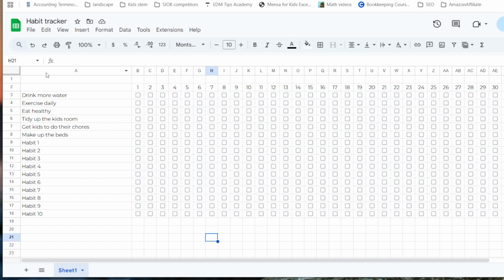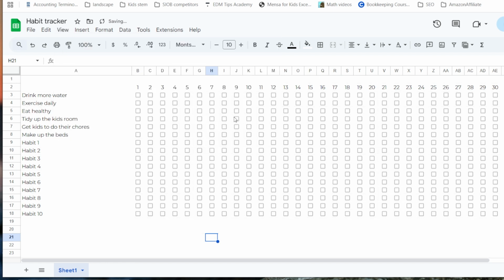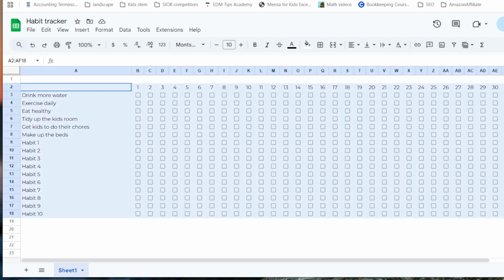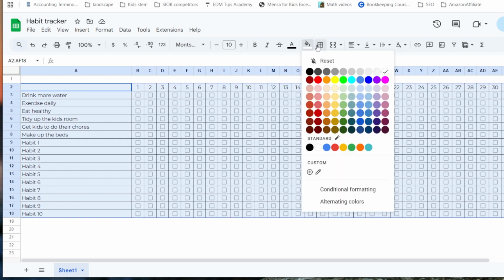Now from here, this is the basic of your habit tracker. Now you can go ahead and make it more fancy if you like. Let's go into the View menu, and let's say we don't want it to show the grid lines. This looks much nicer and clean, but let's say that I still want it to show a little bit of the lines. So I'm going to give it lines like this, but this is way too dark. So we're going to come here